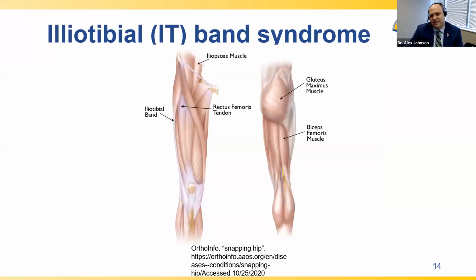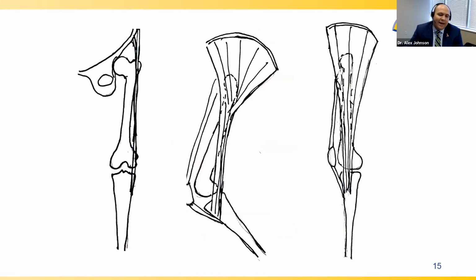And the next thing I want to talk about is IT band syndrome. So the IT band is this band of tissue that runs all the way from your hip all the way down below your knee. And generally people can have either hip pain or knee pain associated with this. We generally see it in runners or people, again, that are starting to increase their activities a little bit more quickly, and they can start to get this pain around the outside, that lateral part of their knee. So why does this happen?